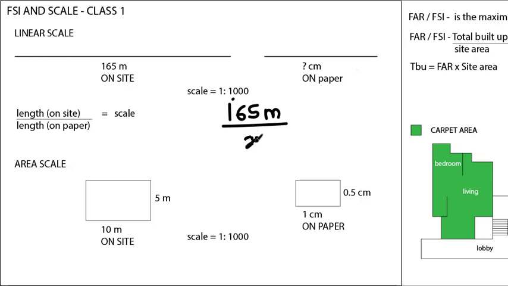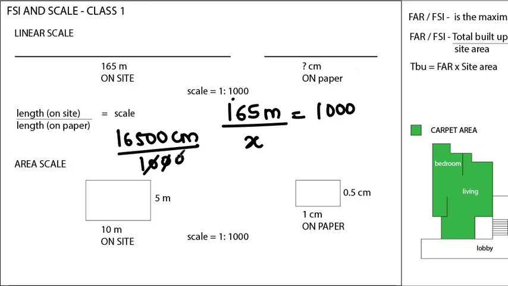So let's consider x is equal to, it's for 1000, right? 1:1000. So 165 meter is nothing but this much centimeter divided by 1000, right? So I have to draw a 16.5 centimeter line on paper, so that in 1:1000 scale it represents 165 meter